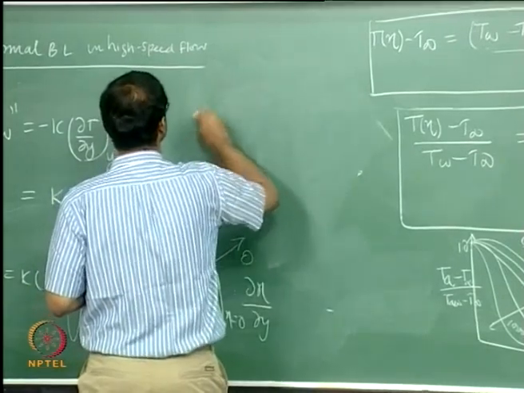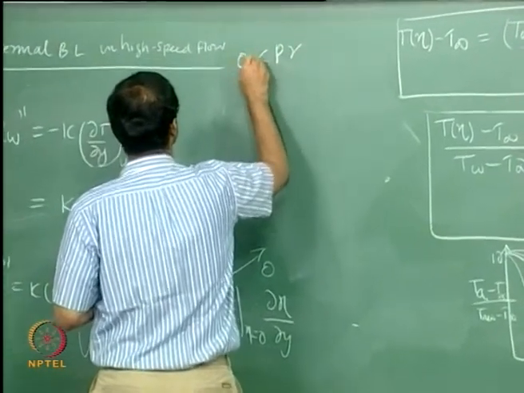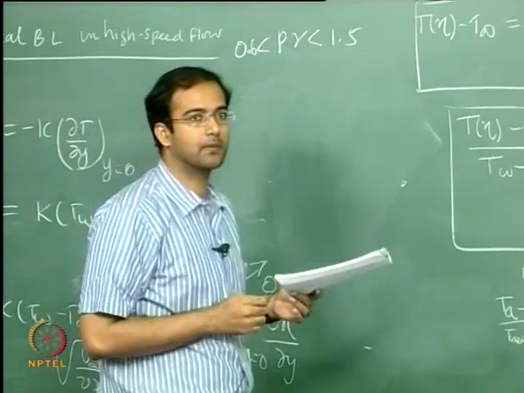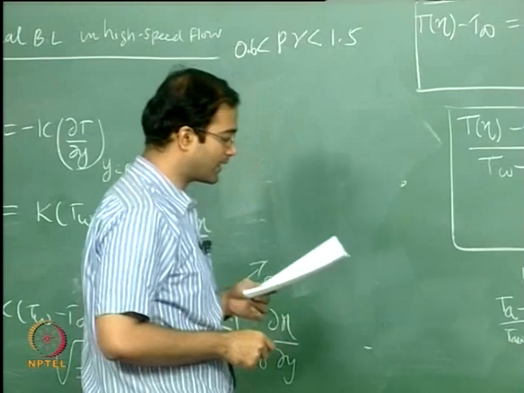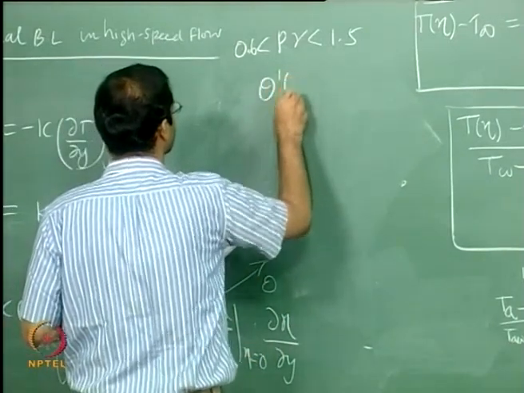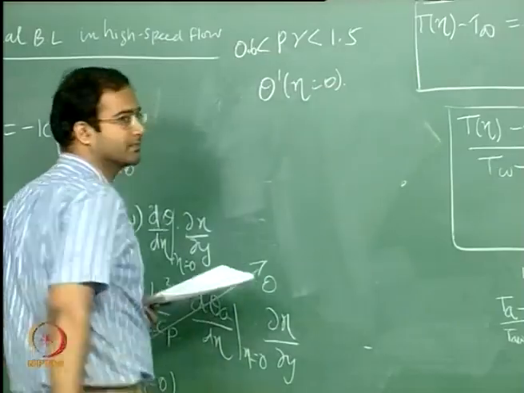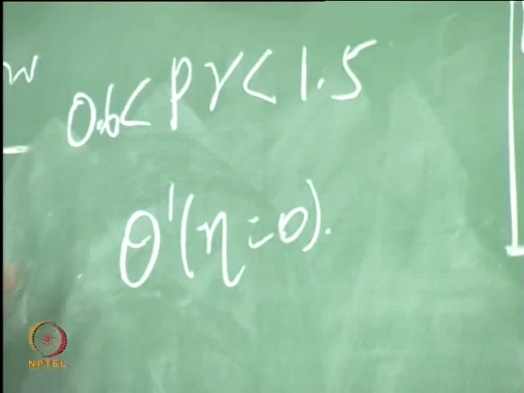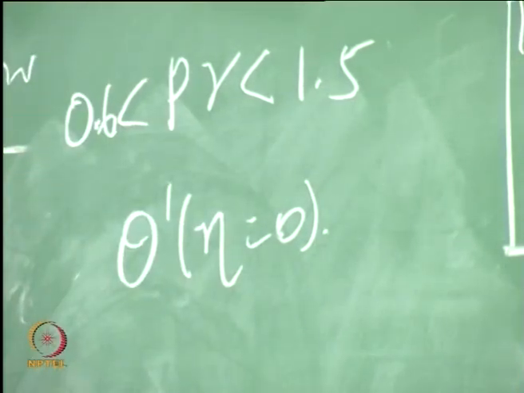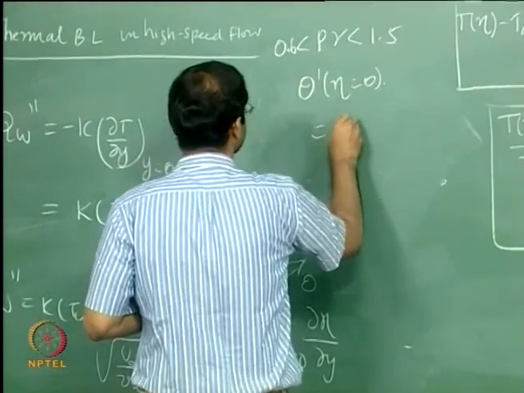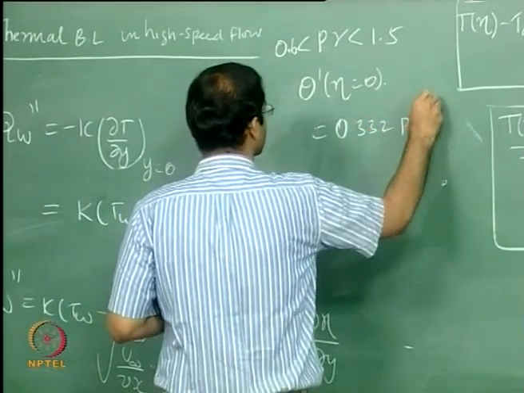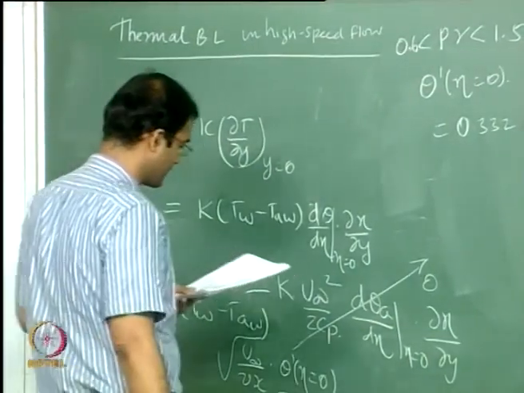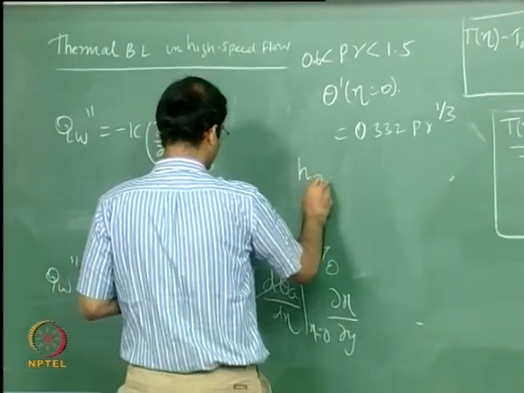for Prandtl number range, in fact Pohlhausen did this for small Prandtl numbers, for intermediate Prandtl numbers, for large Prandtl numbers. Okay, the correlation for small Prandtl, do you remember what it was? Minus half, not for small Prandtl, for intermediate Prandtl number I am asking. Okay, so that was 0.332 Prandtl number raised to the power 1 by 3. So this can be substituted to calculate q wall double prime,